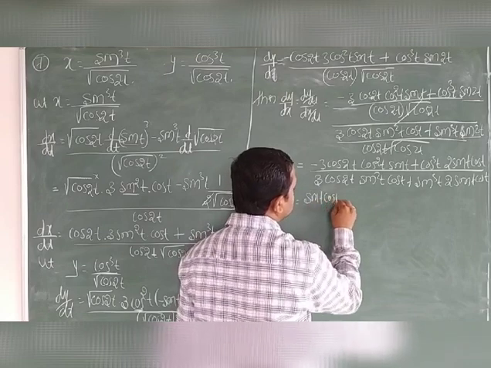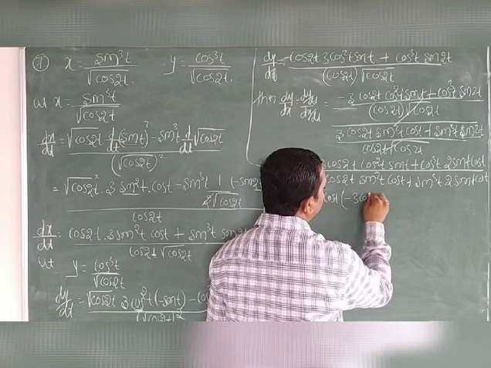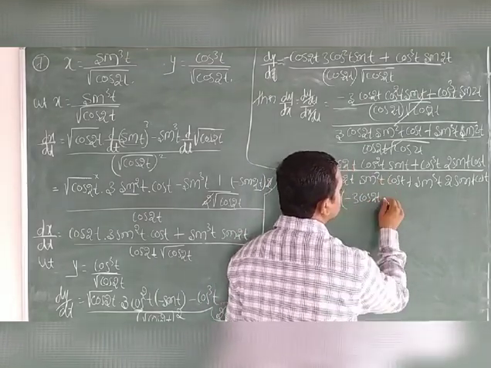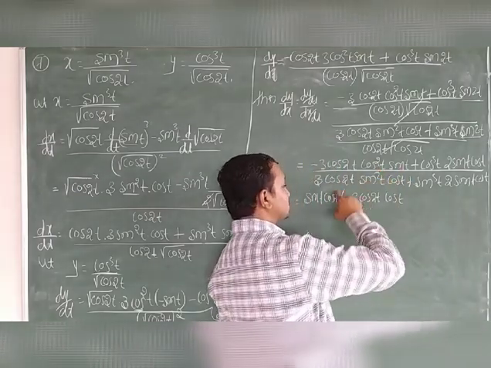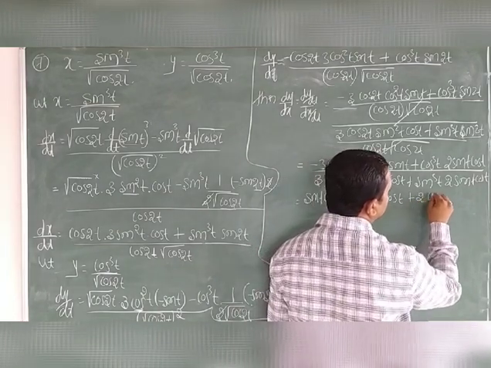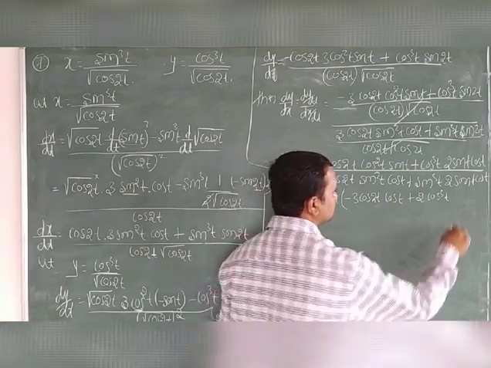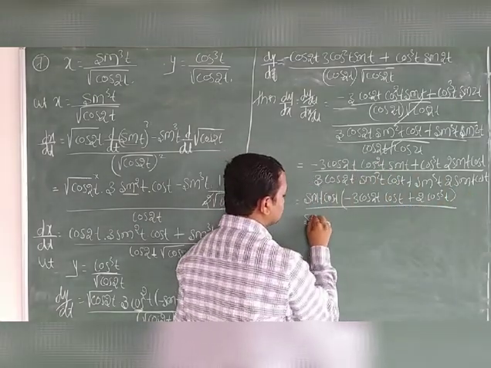Sin t into cos t as a common term. The remaining term is minus 3 cos 2t; the 1 cos t term gets cancelled. So cos t, because sin t is common and the 1 cos t term is cancelled. So the cos t term is this, plus here 2 cos t. Is that clear? And also in the numerator, take the same term common.